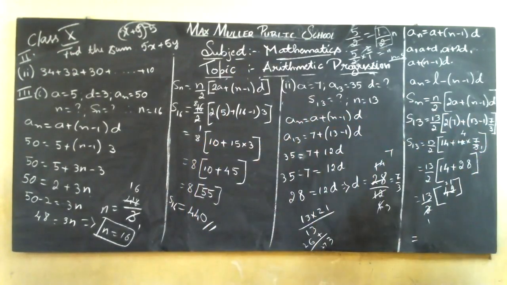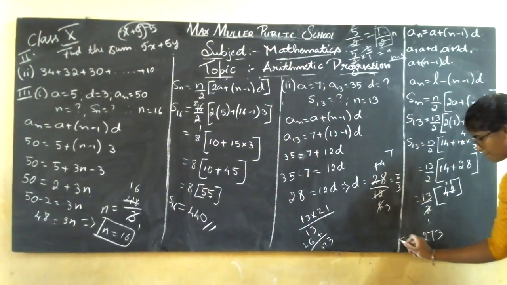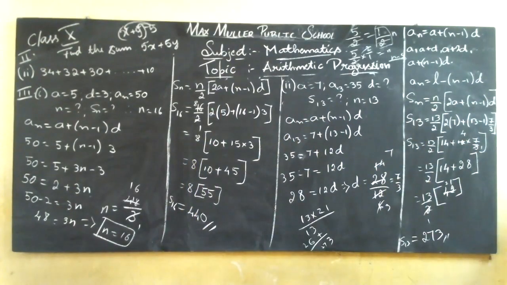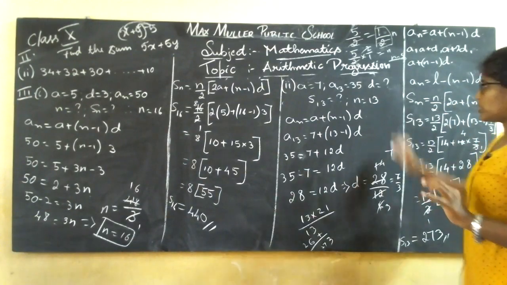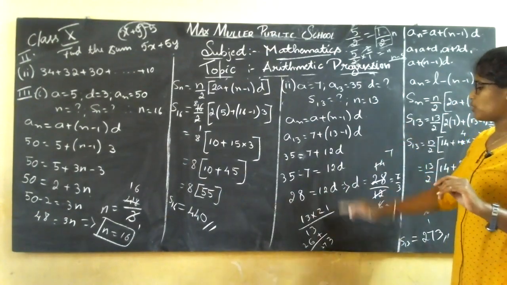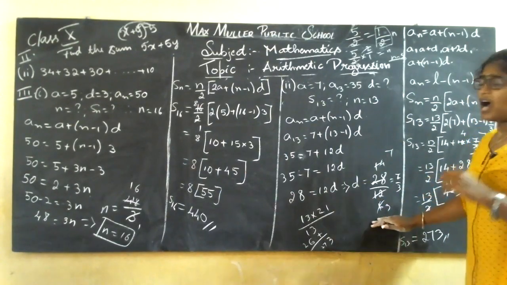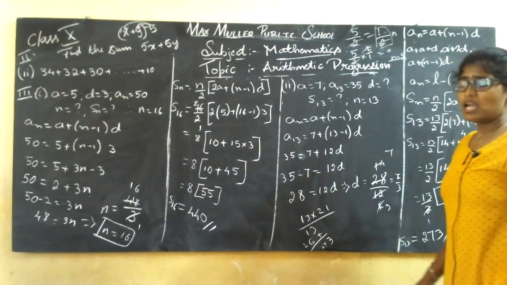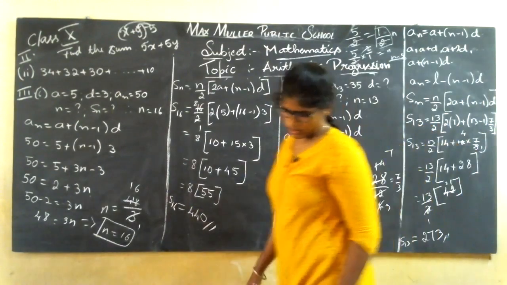So yes, 13 is 273. You got to know how to do the sum. Yes. So things will be given in the question itself. You need to take 2 minutes time. See what all the things are given in the question, and then substitute in the formula. You will get the unknown term, and then you are going to substitute in the SN formula to get the term which you are required.